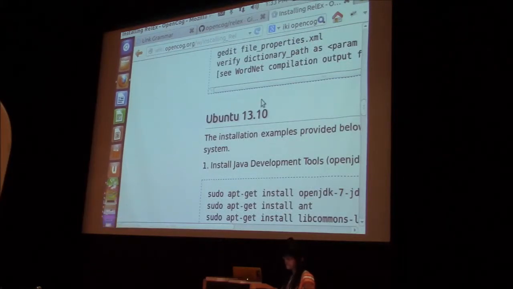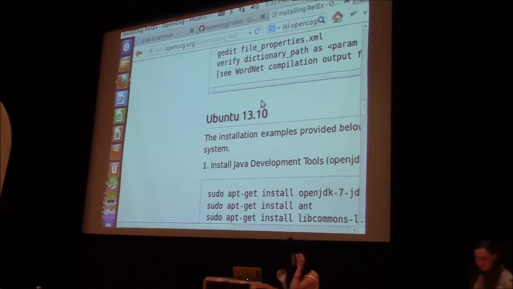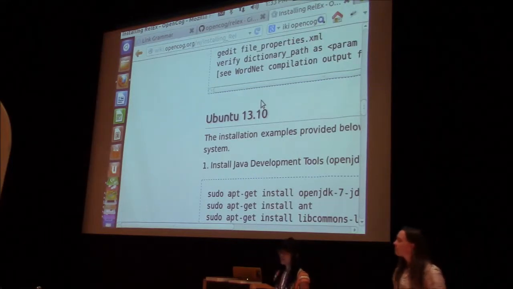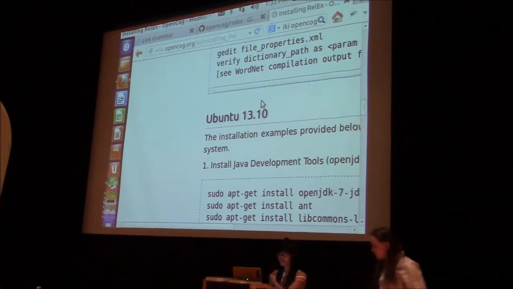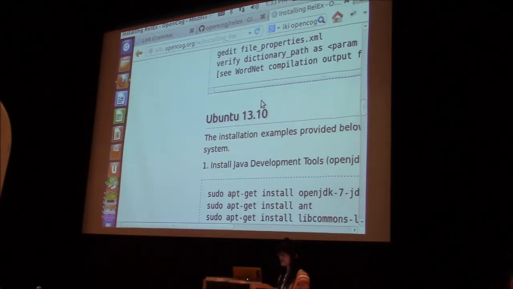Then after the syntactic relation, then we have a bunch of rules. We call that